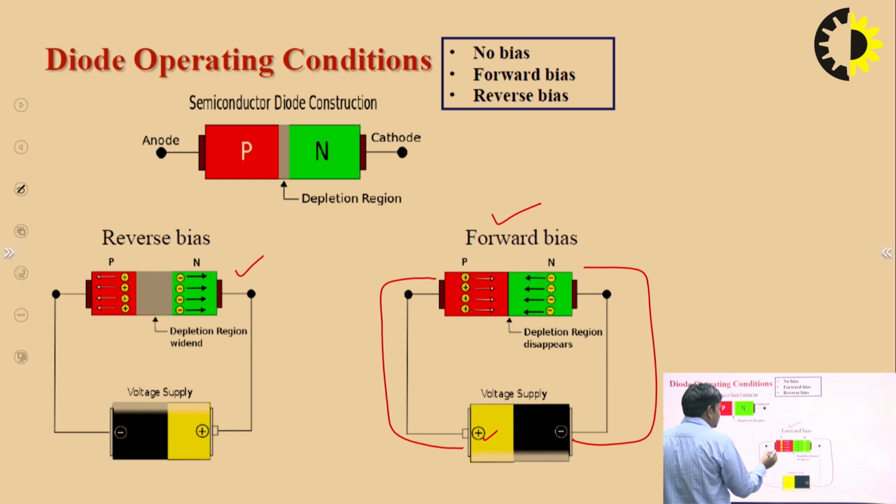In this bias condition, the depletion layer becomes narrow. But in the other case, when we connect the P type terminal to the negative terminal and the N type terminal to the positive terminal,